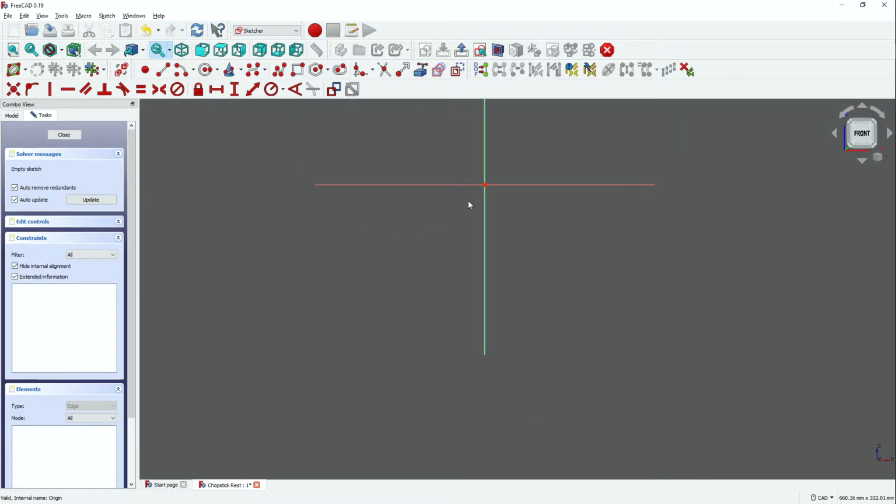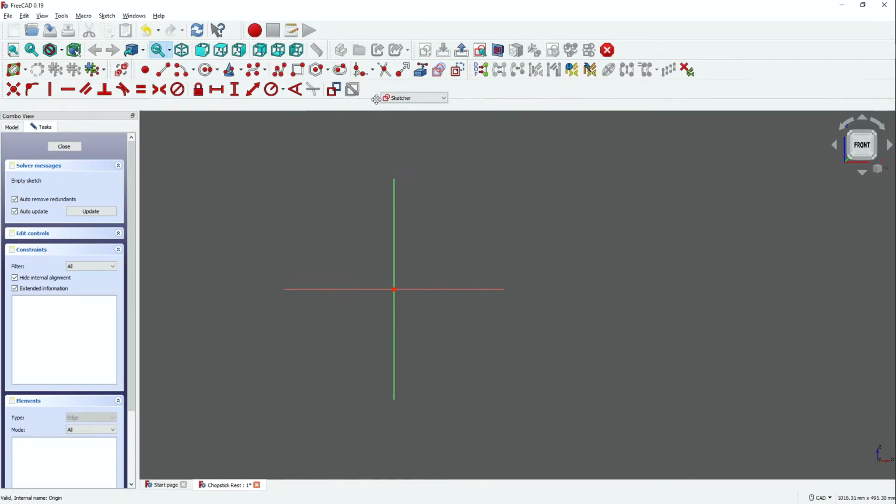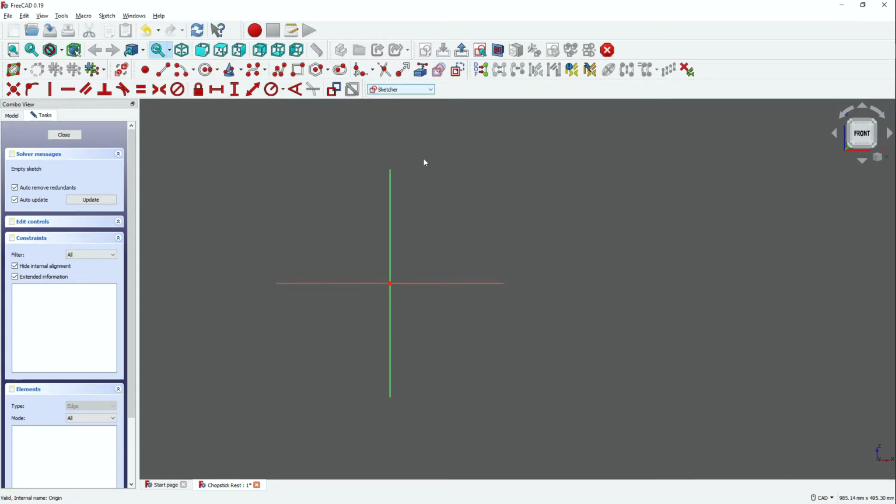So once we've created a sketch and we're in the sketch, you see up here our workspace changed to Sketcher. I'm actually going to bring this down here. Probably make it easier for me. And I don't really need these, but we'll just keep them for now. Oops. All right. Home